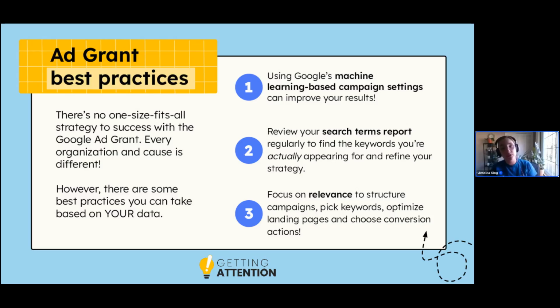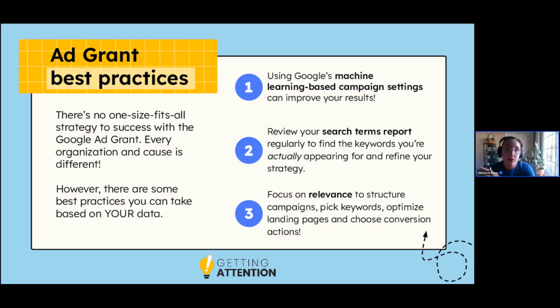Another actionable thing you can do: Google provides a search terms report very regularly, I think it's actually updating in real time. It is basically a report of all the search terms your ads were shown on, and how many clicks you got and how many eyeballs, which we call impressions, were on the ad. You can use this in two ways. One, you can use it to find what your ads are actually appearing for. Sometimes, depending on your cause area or your organization's name, you might start appearing for searches that aren't very relevant. So you can take those out.